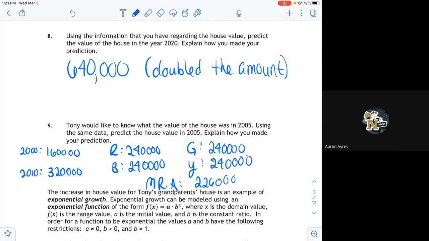Is that actually what's happening? In reality, if I look at the graph, is that what's actually happening? Fortunately, it's not. More growth would take place at the end of the decade than at the beginning of the decade, right? So you get more growth after 2005 to get to $320,000 by 2010 than you would between 2000 and 2005, right? I'm going to show you how I got that number in just a few minutes.